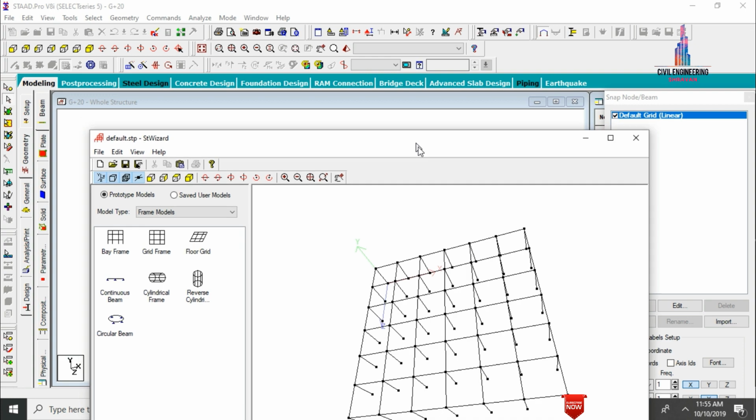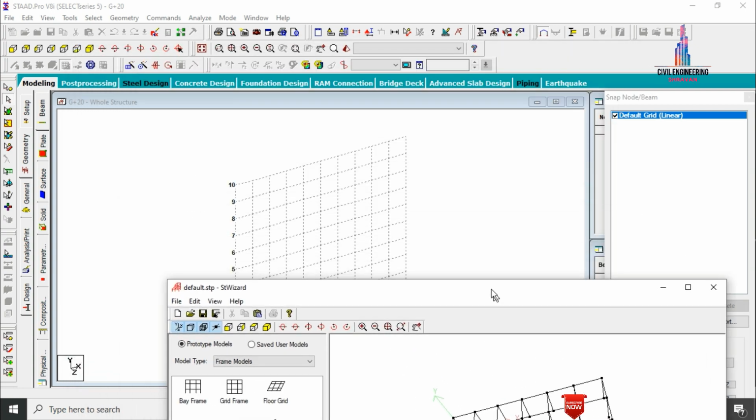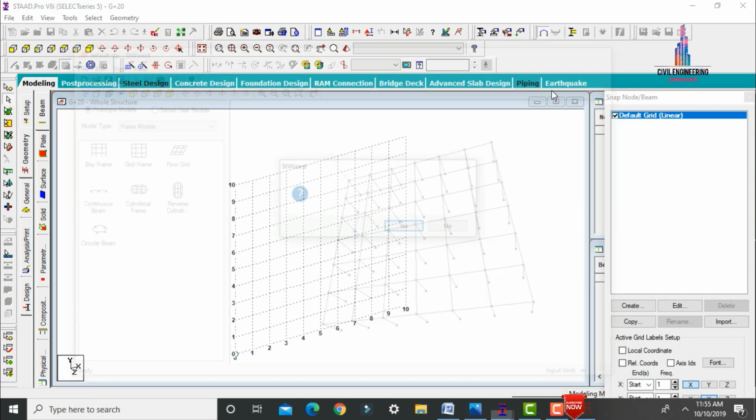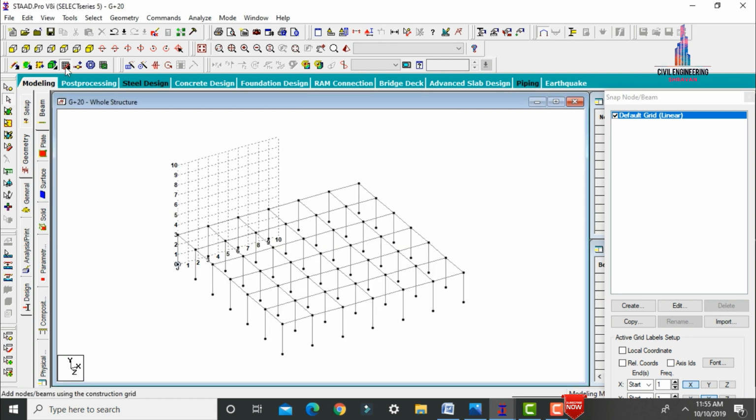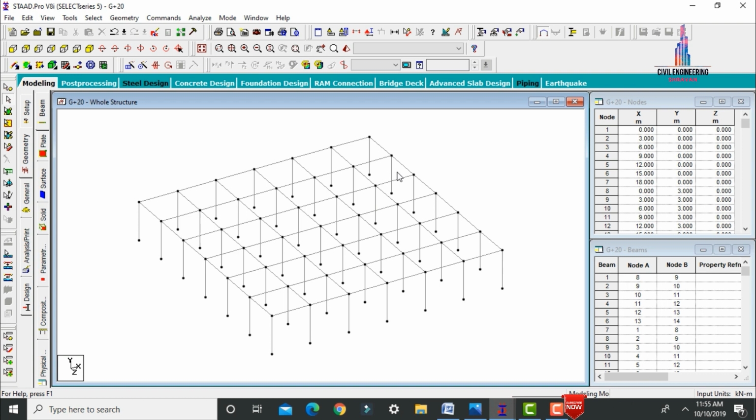We have to import this model from the structure wizard option into the StaadPro software. For that, click on the cancel button, click on the yes button, click on OK. Now the model is imported into the StaadPro software. After creating the ground story, we have to create the lift portion as well as the staircase portion in each direction, that is, plus x direction, minus x direction, plus z direction, and minus z direction. For that, initially we have to select the beam cursor.